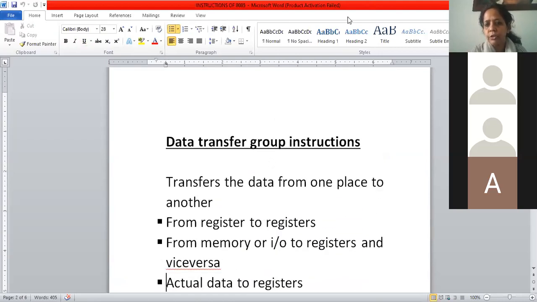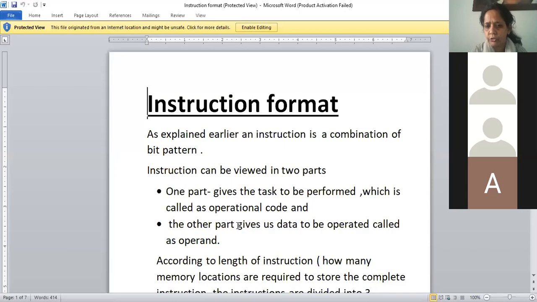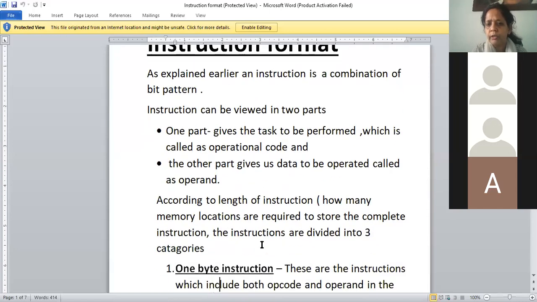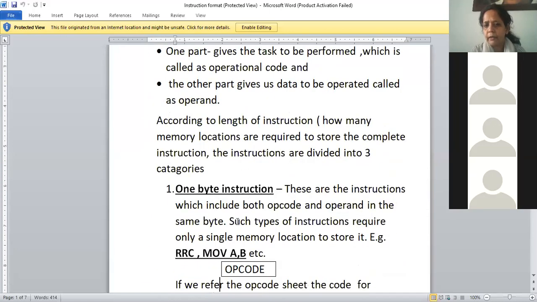According to the length of the instructions, they are classified into 1 byte, 2 byte and 3 byte instructions. These are very important when you are doing the practical. You need only 1 byte to represent a 1-byte instruction. Whichever instruction you write has to be converted into hex code. That hex code can be a maximum of 8 bits, so you will have to convert it into 8-bit hex code. Many times you need 2 hex codes, 2 8-bit hex codes, that is 2 bytes.